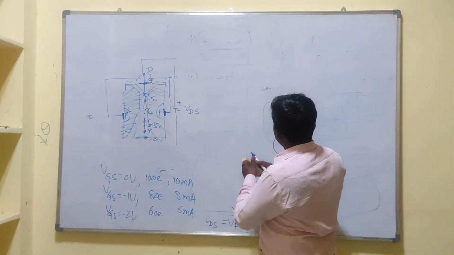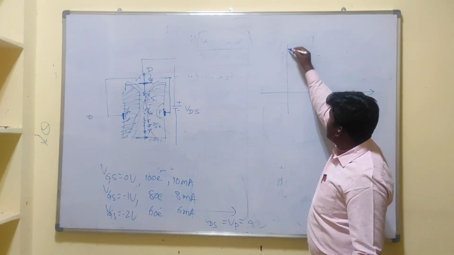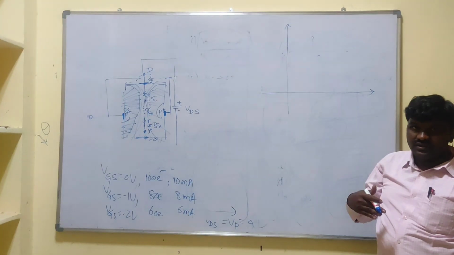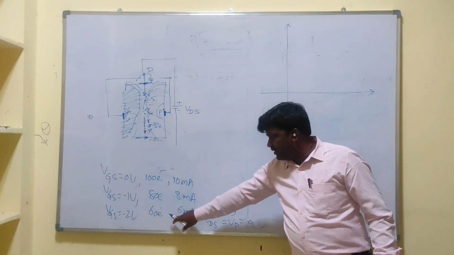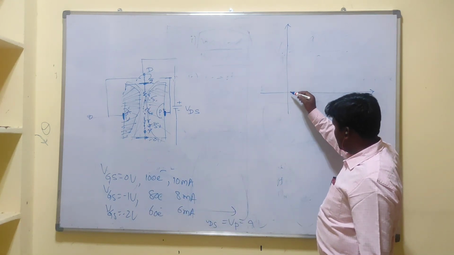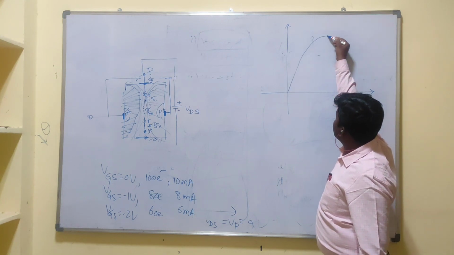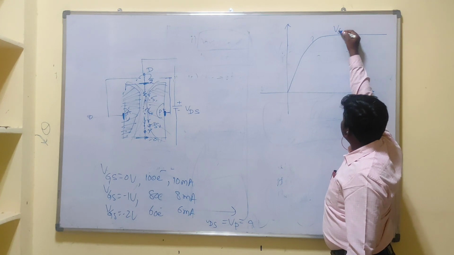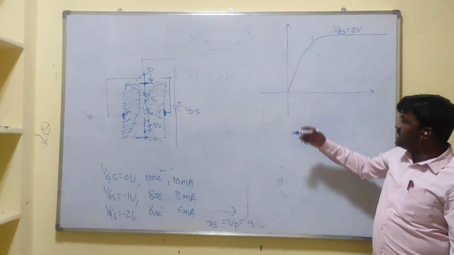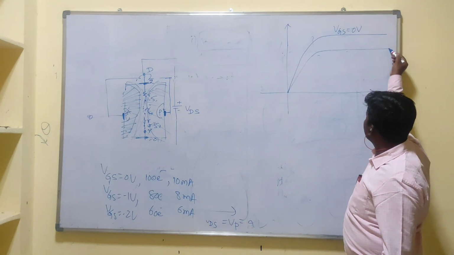What I said, if VGS equal to 0 volts, full channel is available for the conduction. If VGS is negative, that means minus 1, in that case we have 8. VGS equal to minus 2, 6. So let us take VGS equal to 0. The current increases and reaches a maximum value. That means we will get a maximum current when VGS equal to 0 volts. If VGS equal to minus 1 volt, the current will be reduced. The maximum current will be 6.